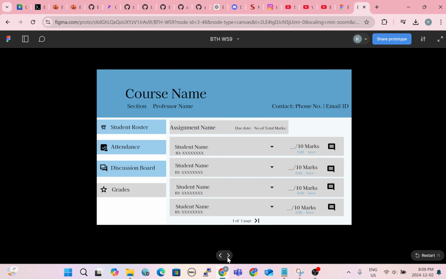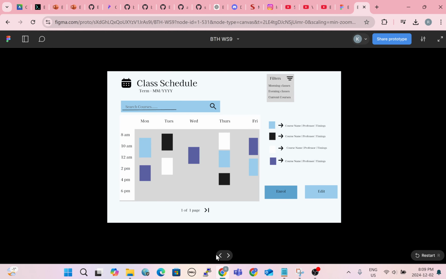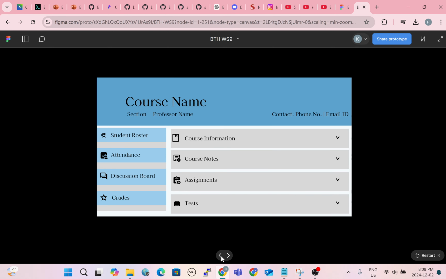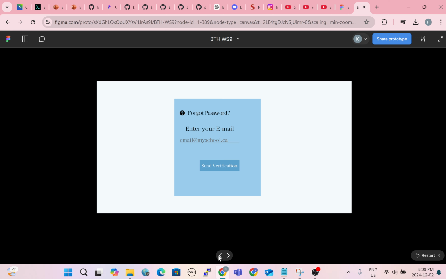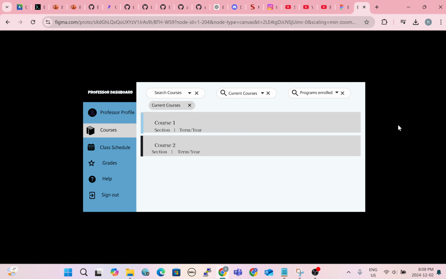Now for the third functionality, we are going to focus on the professor's functionality. What does a professor want to do? For example, let's say the third functionality for us is how can a professor grade their students? So let's go to grades. When we click on grades,